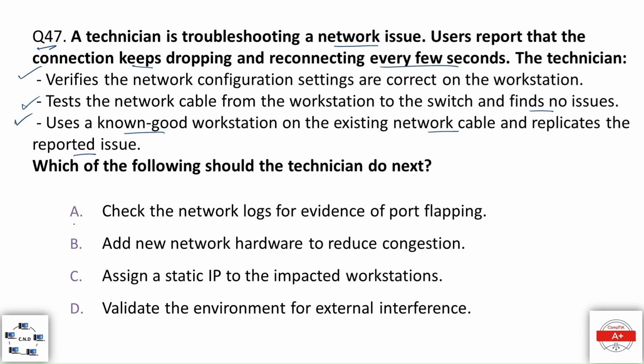The options are: option A, check the network logs for evidence of port flipping. Option B, add new network hardware to reduce congestion. Option C, assign a static IP to the impacted workstation. And option D, validate the environment for external interference. And the correct option is